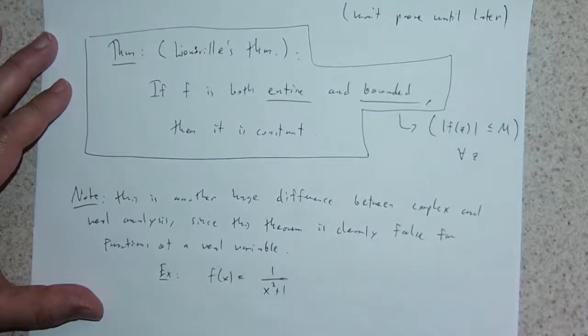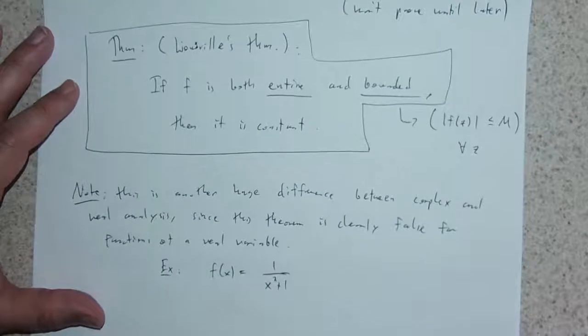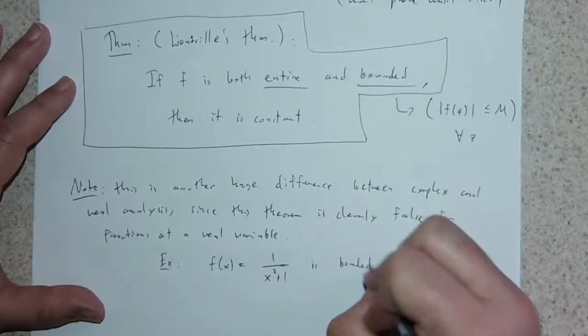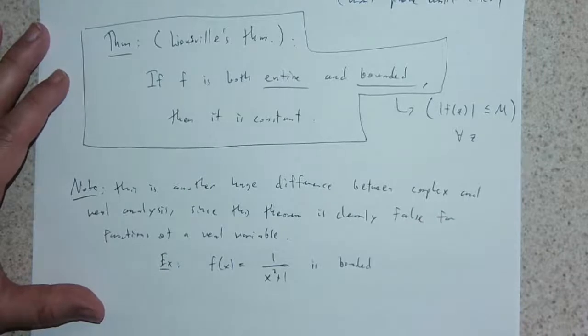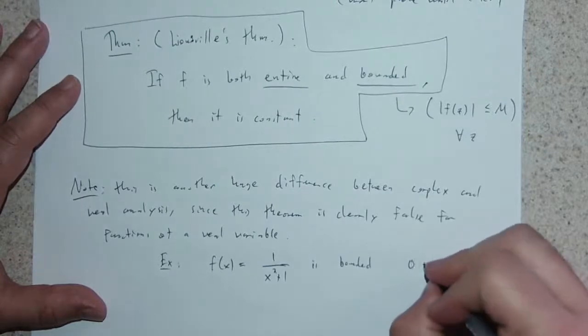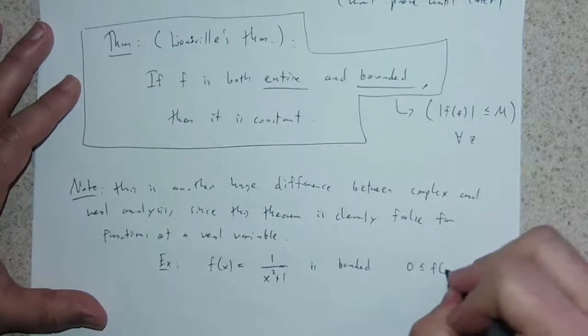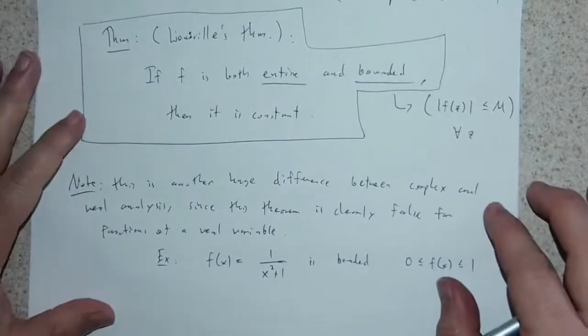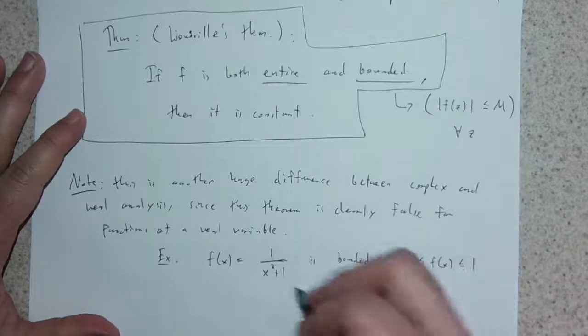So this 1 over x squared plus 1 is bounded. It is bounded below by 0 and above by 1. So 0 is less than or equal to f of x, which is less than or equal to 1. So it's bounded,